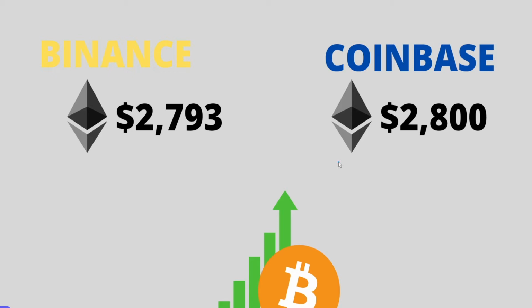What you can do is just purchase Ethereum off of Binance and then quickly sell it on Coinbase and keep a $7 profit. Now, you also have to take into account the withdrawal and the deposit fees, which are also going to come into play. But if you do the math correctly, you can keep a solid profit every single time. And the best part about it is that the more you repeat this process, the more money you can make. But it all stays the same. You don't have to do anything differently.